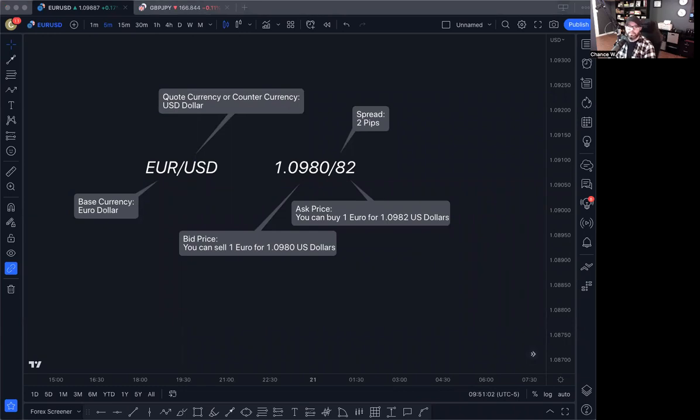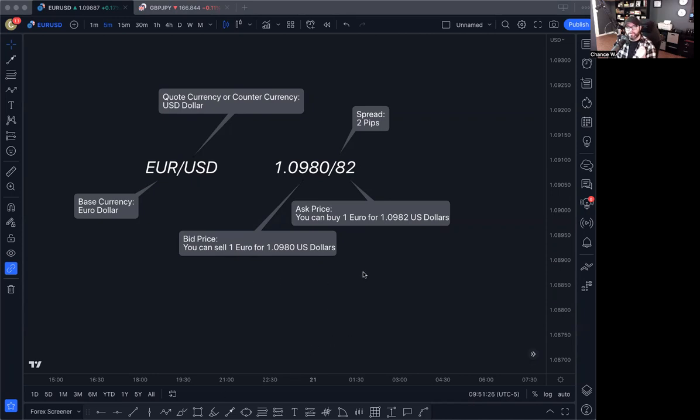Forex pairs are just currencies that are being compared or backed against another currency. The price at which a Forex pair is currently set is another way of suggesting how much of the quote or counter currency is needed to buy 1 unit of the base currency. That's a mouthful, but you can see here,